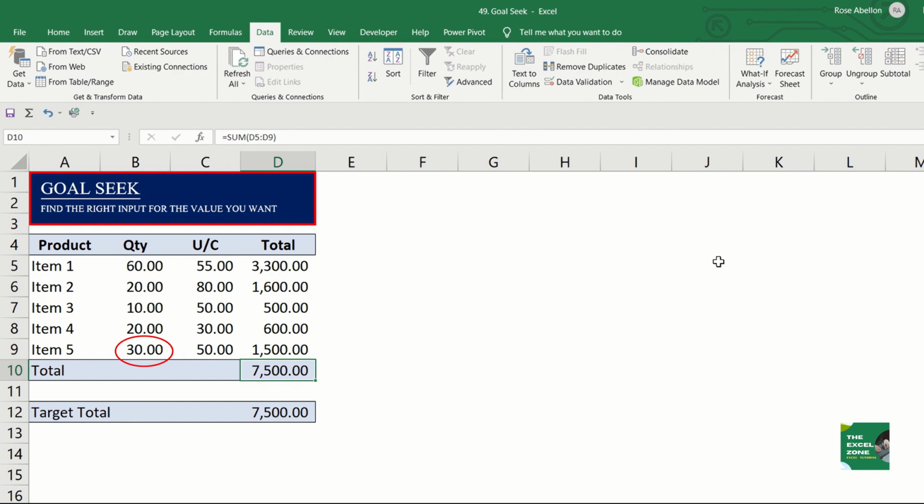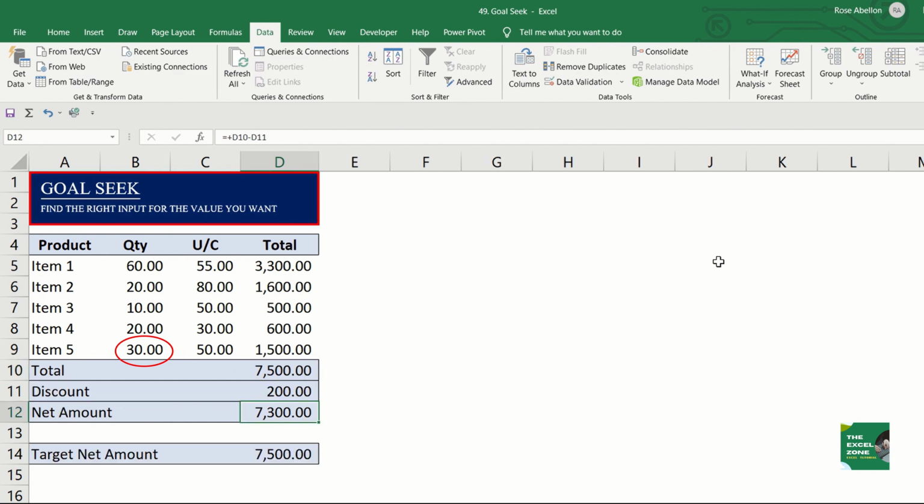Now, suppose the supplier gives you 200 discount, and you still want to pay exactly 7,500. You can now buy higher quantity for item 5. Again, use goal-seek to determine the right input for item 5 for you to pay 7,500 with the 200 discount.